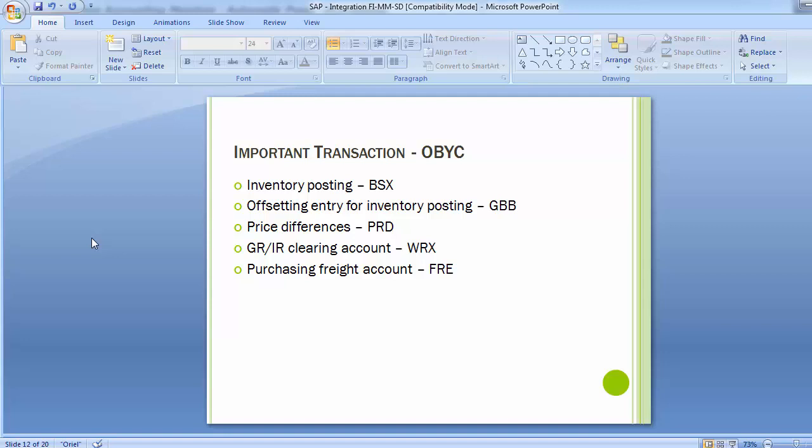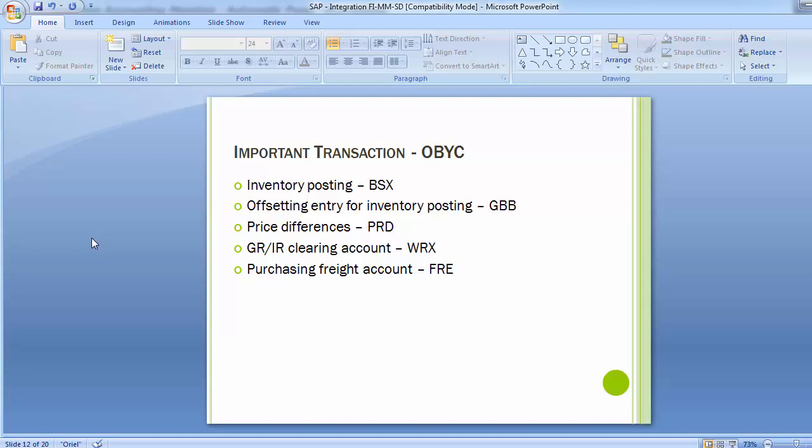This transaction is used for posting to the stock account, that is the inventory account, and we have seen in the previous accounting entries that, on the debit or the credit side, the inventory posting GL is used in each and every transaction. In inventory management, in case of goods receipt, we have seen that the inventory was debited, whereas in invoice verification it was not used because the invoice was raised with the vendor.